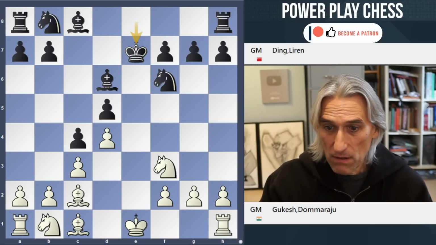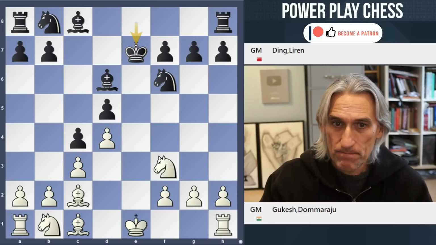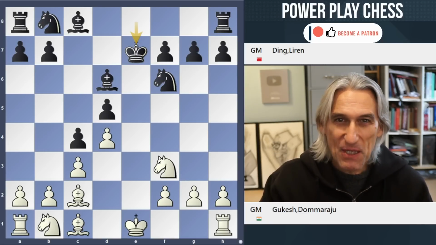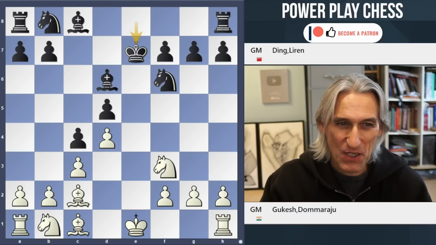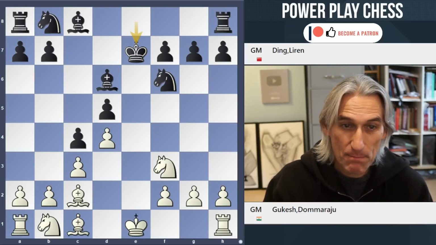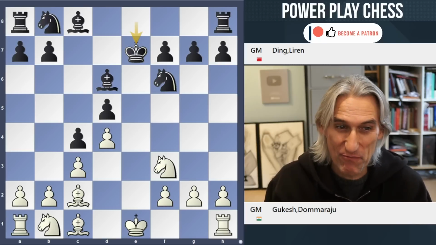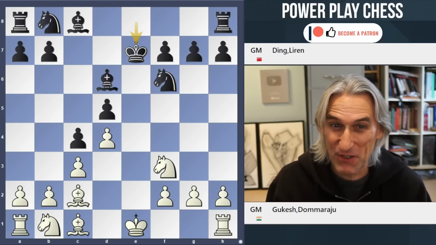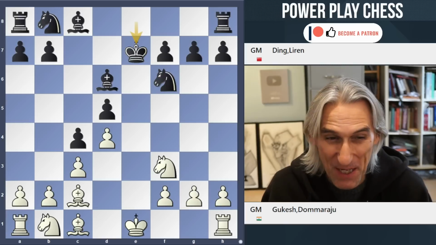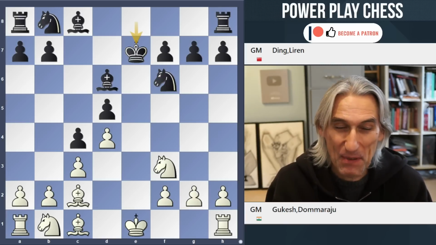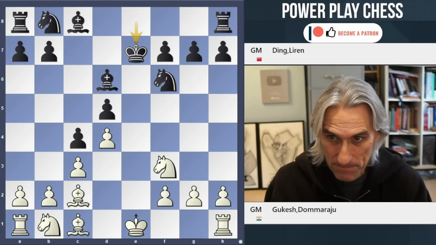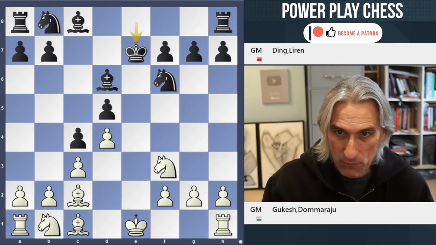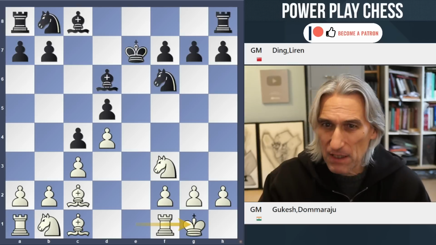There have actually been a few games played from this position, mostly email correspondence games, which tells me that this is kind of approved by computers. They approve of play from both sides, because generally in those email correspondence games, the players follow the computer suggestions. So castles from Gukesh, that was his first little think here.